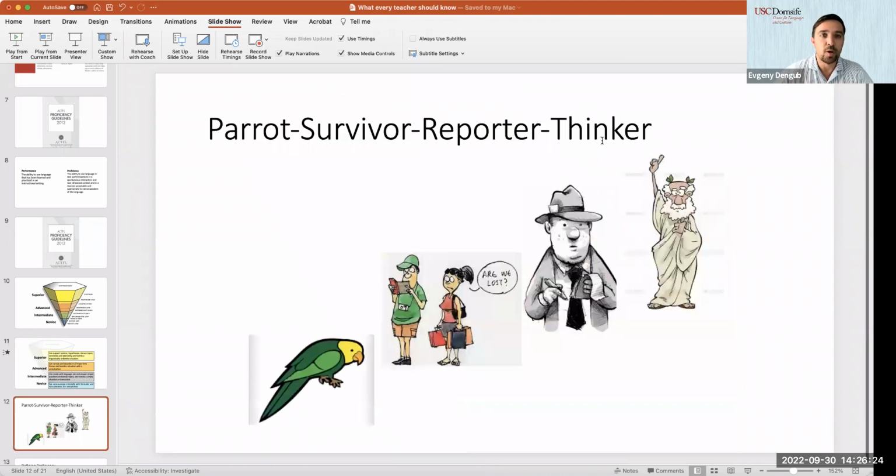So usually at this workshop, they show us these pictures: a parrot as a metaphor for novice level speakers who can repeat what we said, but are not able to really create, and the tourist who knows a bare minimum and is able to survive in the target culture environment, a reporter who is able to give you the gist and narrate the facts and tell what happened, and the thinker who is able to go on any topic and present any kind of argument, any kind of hypothesis.